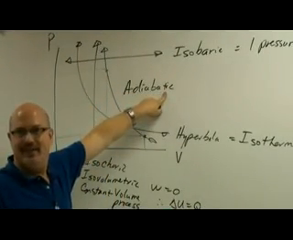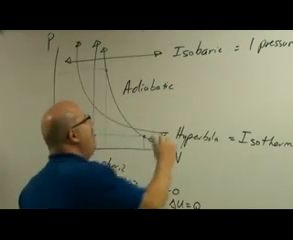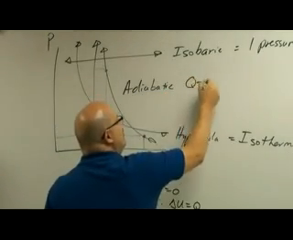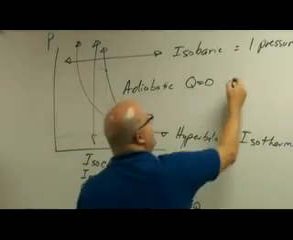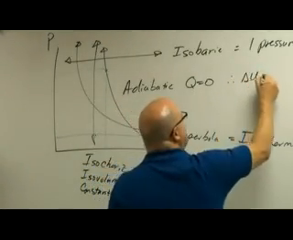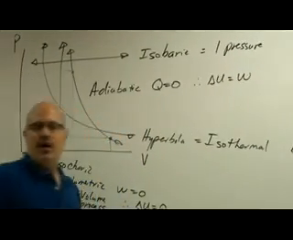Adiabatic. Okay, adiabatic. Adiabatic means Q equals 0. No heat flow into or out of the gas. Therefore, delta U equals work. All right, now,